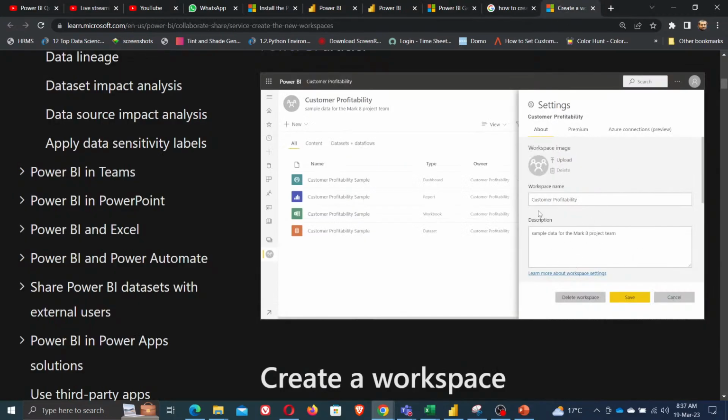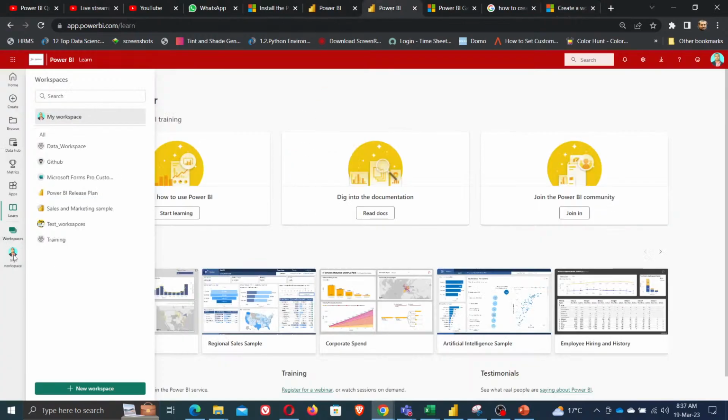So give the name of the workspace. Then give the description if you want. Like suppose I want to add something, I can do that. Then also give the user access, then save it, and your workspace gets created automatically. And whoever wants to give access to a user, so to this,